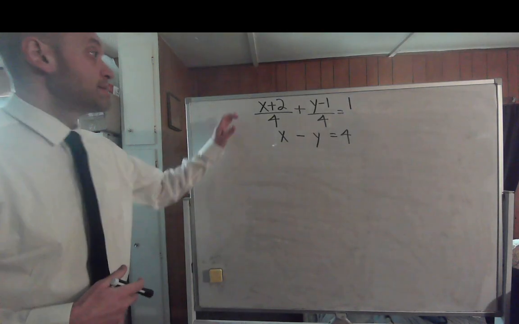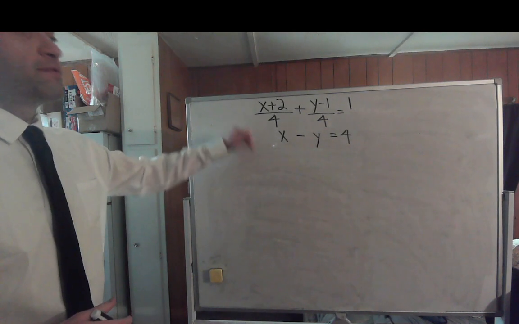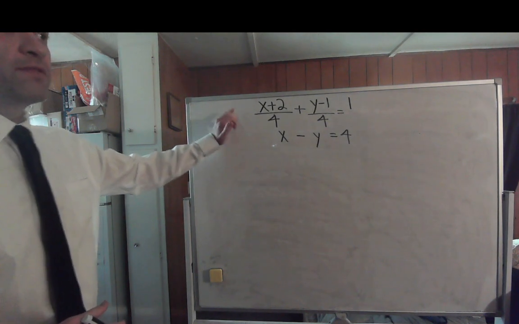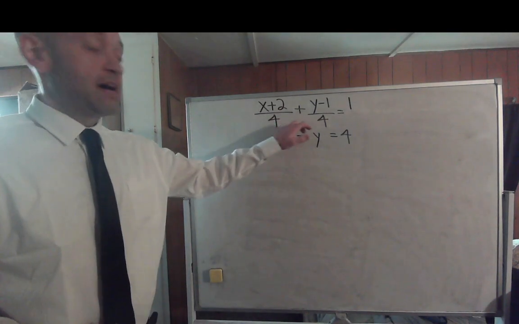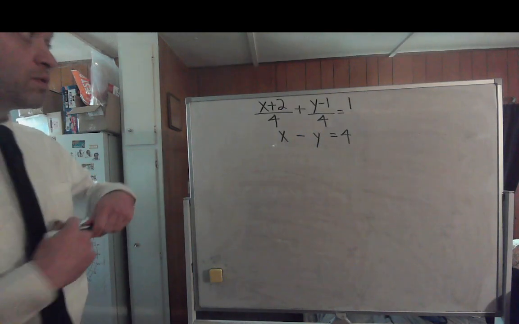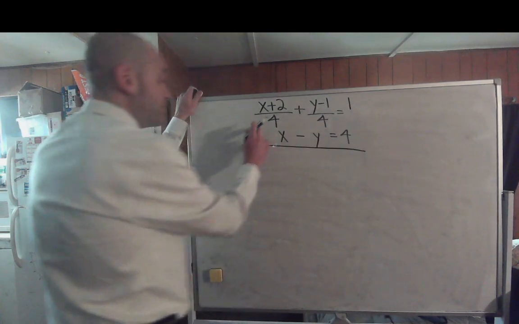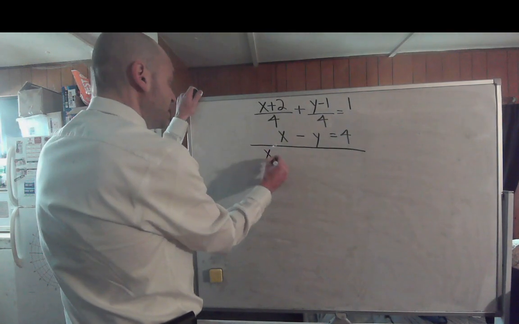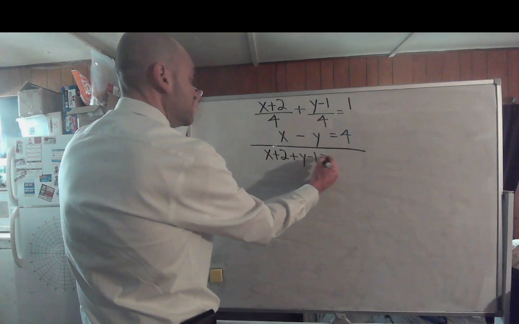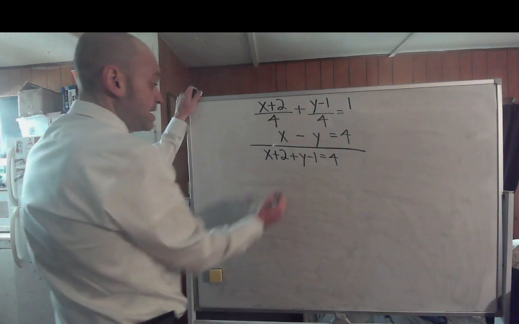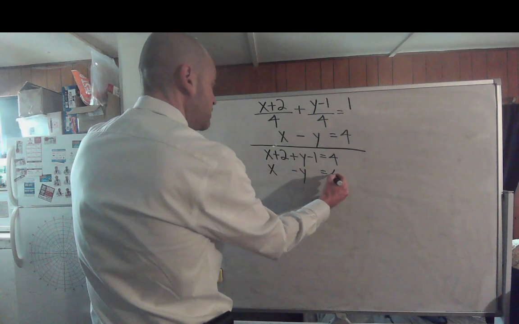All right. So you have another system where in the first equation you have a fraction. But the good news is you have a common denominator already of 4. So you can just go ahead and multiply the first equation by 4. You'll end up getting x plus 2 plus y minus 1 is equal to 4. Then you still have x minus y equals 4,